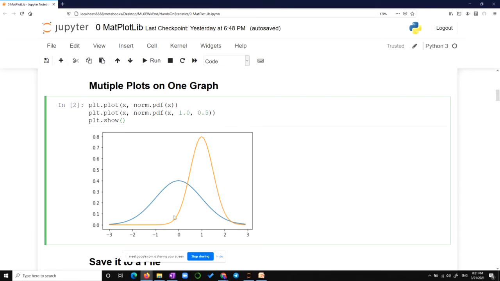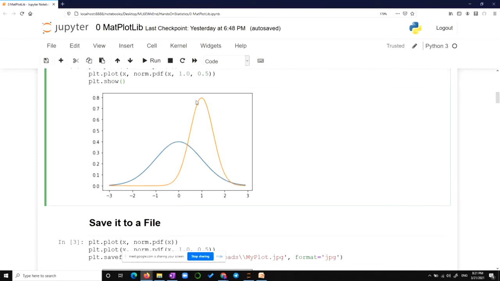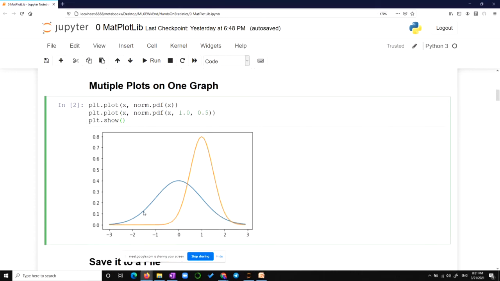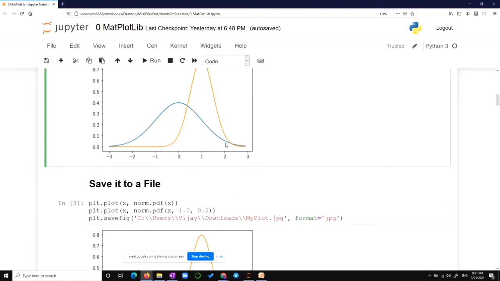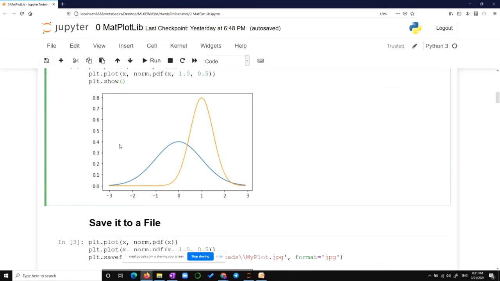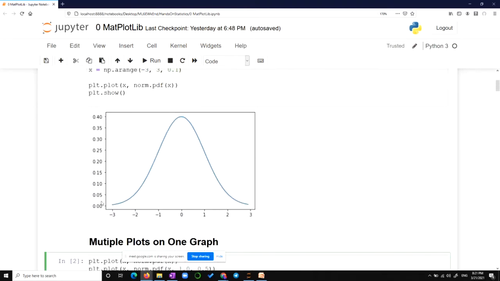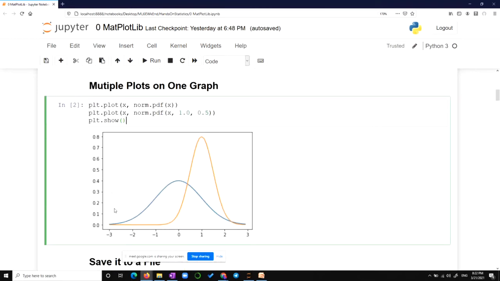Once this happens, your plot will look different. Here it has thrown out a random color, but the first one is the blue one, okay? Because see, 0.4, 0.4. Here the shape looks different because the scale has changed. Be very careful with graphs. You have to know the scale. What scale are you using? Whether it is a normal scale or a logarithmic scale, it's very important. So here the scale has changed.